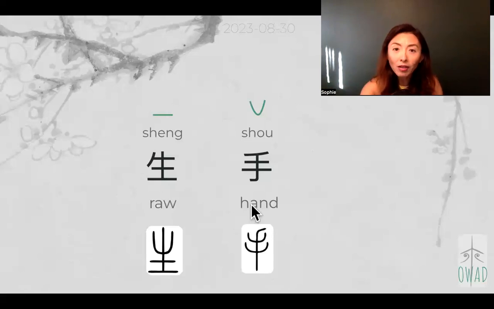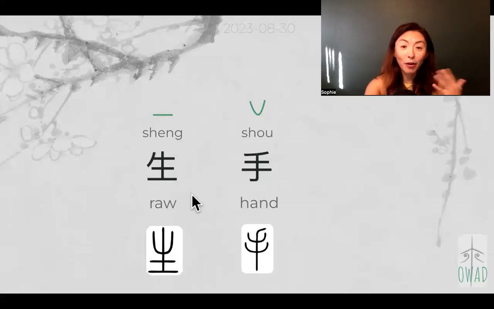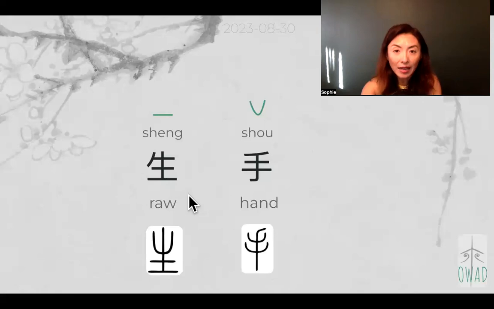Okay, so raw hand. I mean, this is sheng, right? Life in its raw form, or in our everyday living, we can imagine it to be uncooked form. So in the Chinese language, anything that's uncooked would be regarded as sheng, life in its original form. It may not have life anymore, like raw meat, right? Or raw seafood. They may be captured and already become food